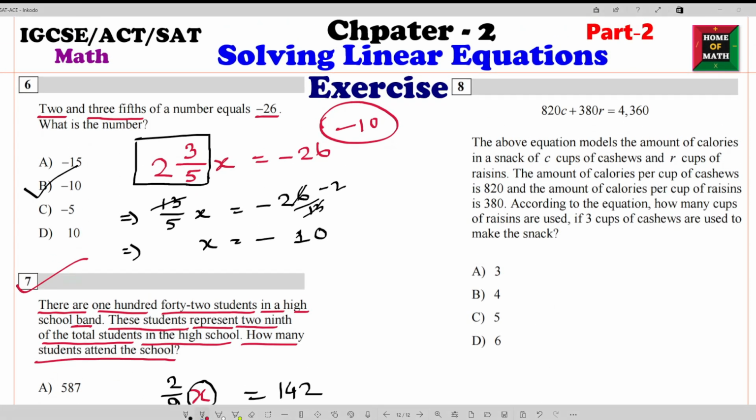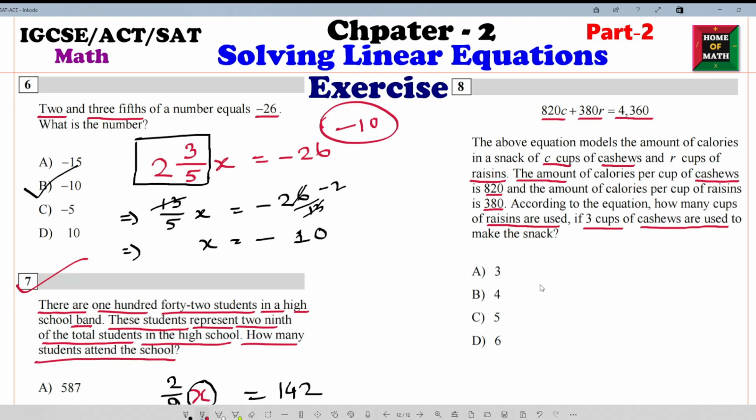Now number 8. Number 8, today's last problem. Here is an equation which is 820c plus 380r equals 4360. What does this one mean? The above equation models the amount of calories in a snack of c cups of cashews and r cups of raisins. The amount of calories per cup of cashews is 820 and the amount of calories per cup of raisins is 380. According to the equation, how many cups of raisins are used if 3 cups of cashews are used to